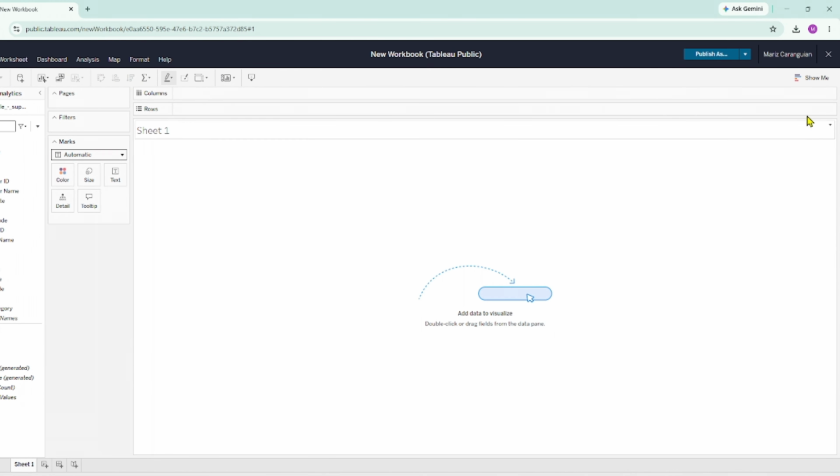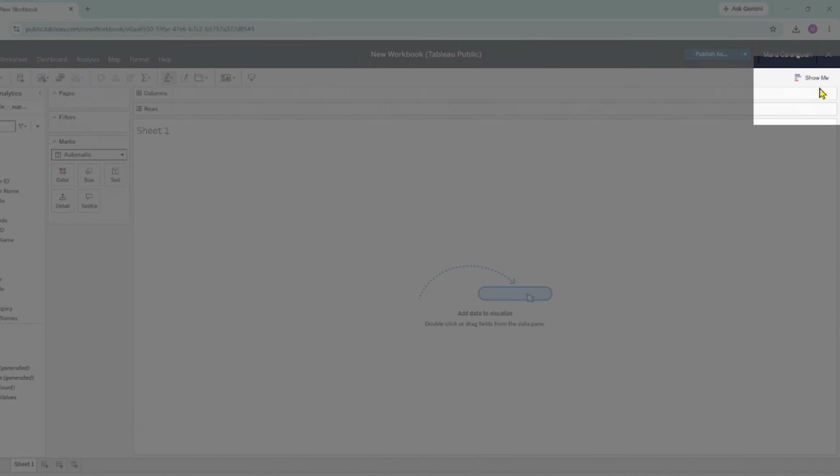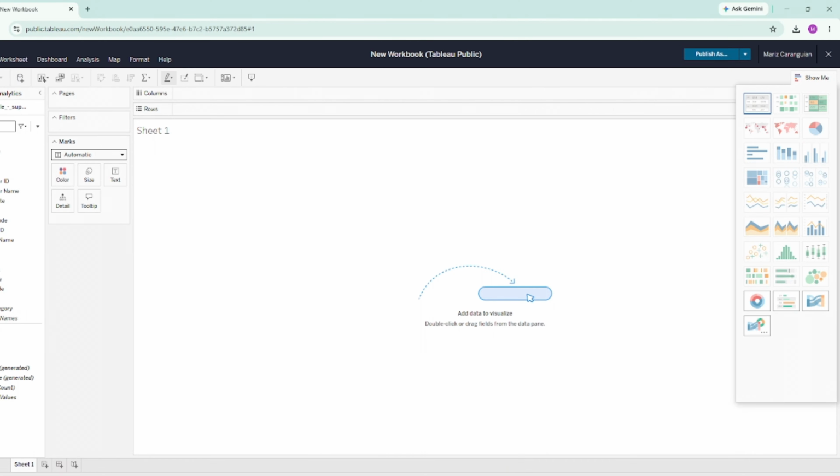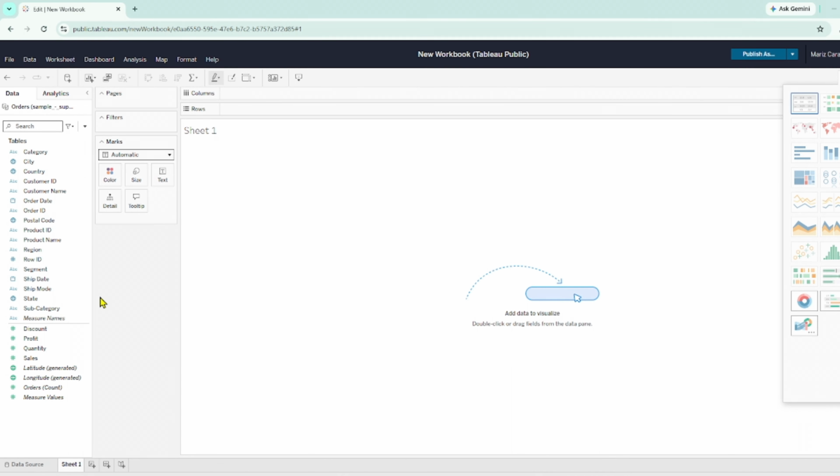On the upper right corner of our workbook, we can see the Show Me menu. So this is basically your built-in visualization assistant, which can be very useful especially for beginners. It gives you suggestions on what charts are logically possible depending on the fields you're working on. As you can see, all charts are grayed out for now because we haven't selected any field yet. Let's test it out and select, say, order date